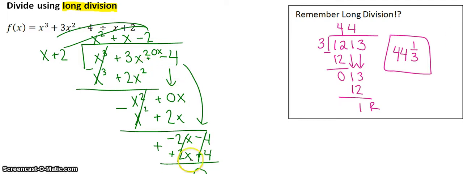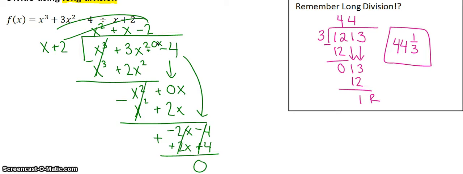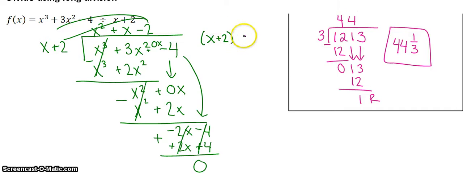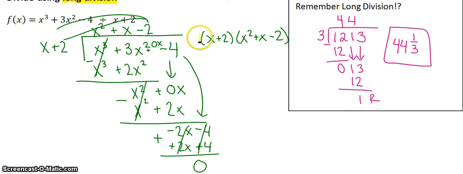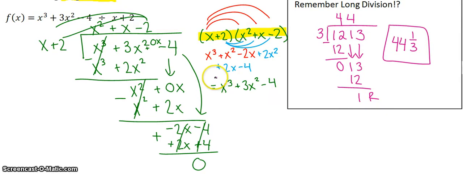Now let's think about what this 0 as a remainder means. It means that everything divided in evenly, or everything went into the polynomial. So if I multiplied x plus 2 times x squared plus x minus 2, what would happen? I want you to go ahead on your note sheet, distribute this out to the side, and see what you get. Hope you pause the video and multiply that out yourself. And you should have gotten x cubed plus 3x squared minus 4, which if you notice is the same answer